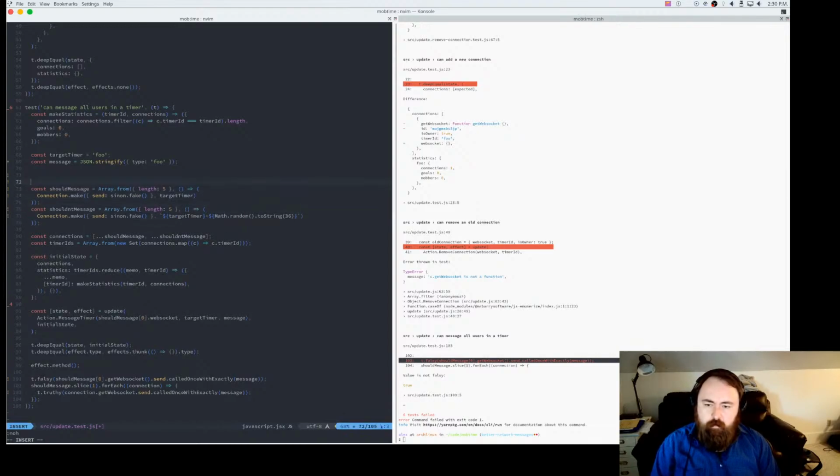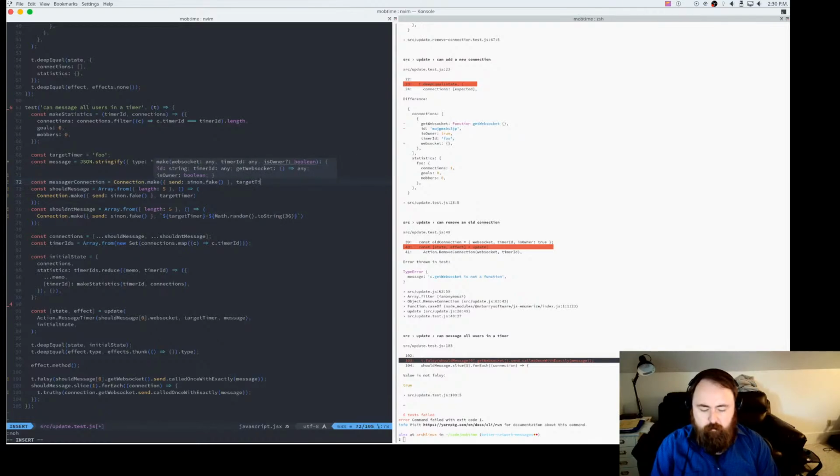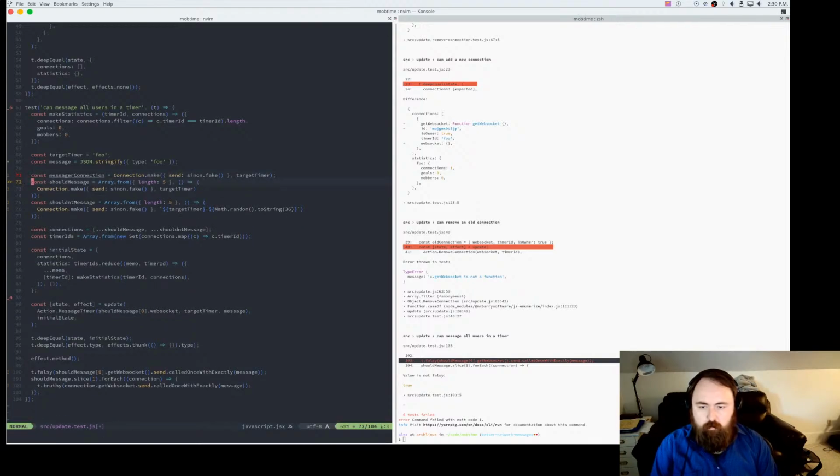So let's just say const messengerConnection, and that's going to be a connection.makeSendOn.fake and target timer. There, this is the guy that's going to send the message.